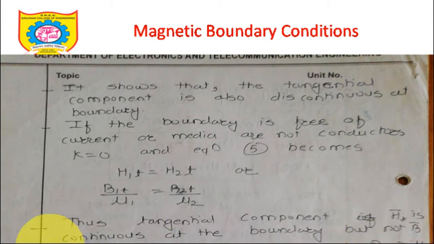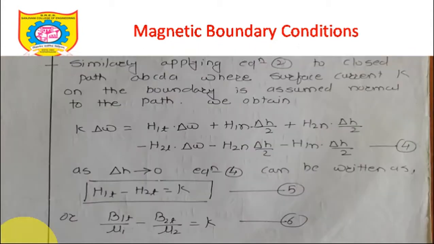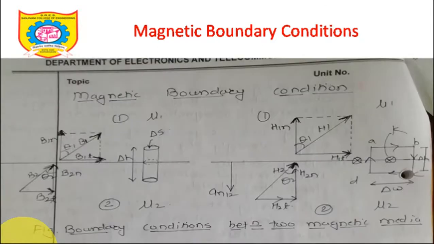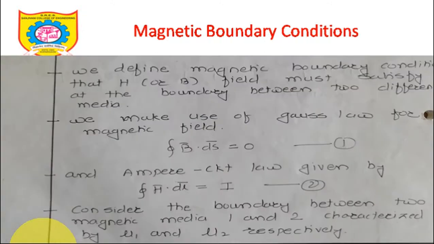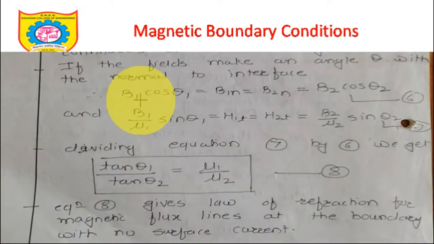Okay, let's go to the next slide and let's calculate. If the field makes an angle of theta with the normal component to the interface, let's say theta 1 and theta 2, we are going to calculate certain things. So can we have a certain relationship between theta 1 and theta 2 in terms of mu1 and mu2? It's similar to Snell's law, which you already studied in case of light rays. Similar to that, if I try to find it out, you can do it on your own.